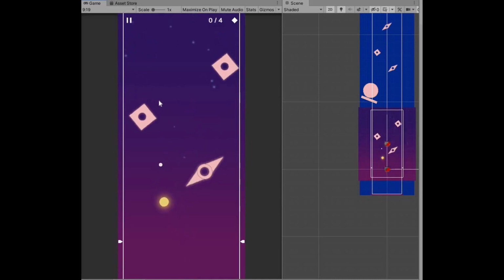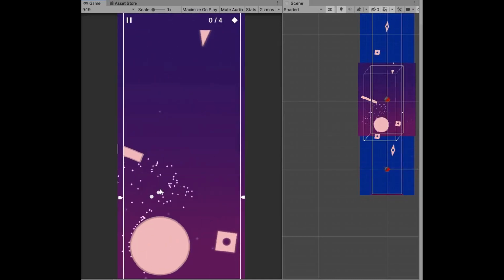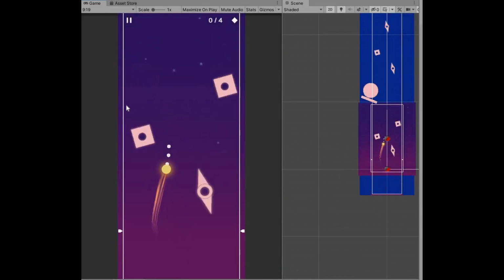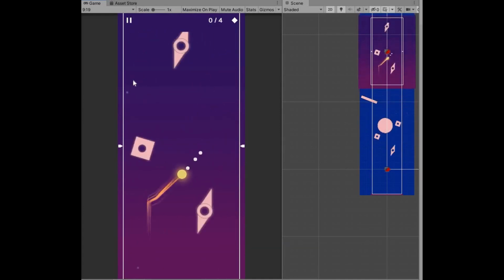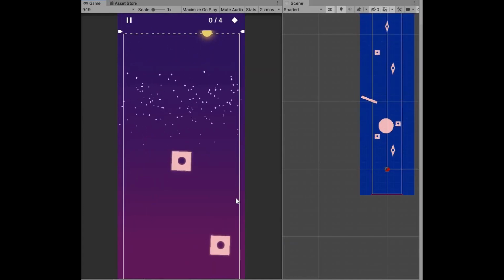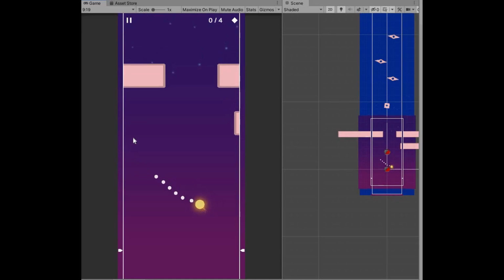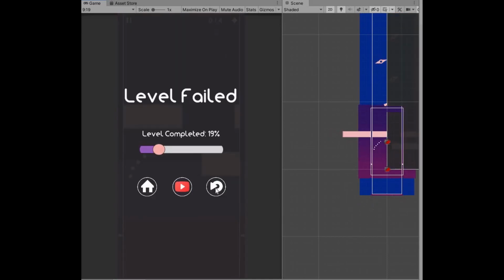I added rigid body to this sphere and let gravity do the work. I think adding a little bit of bounciness to it is making it a little bit tricky for the player to hop around if he is playing for the first time. Oh, what happened? Where is its fourth limb? Okay, I understand. There are a lot of bugs in the game right now. Maybe I'll fix it up sometime in the future.